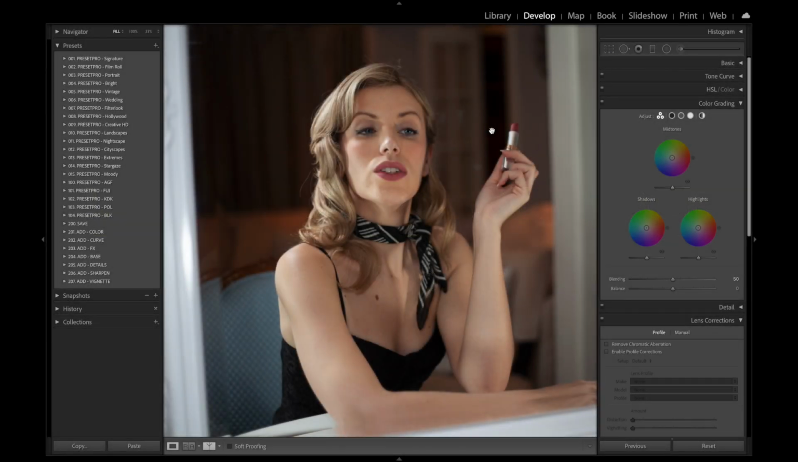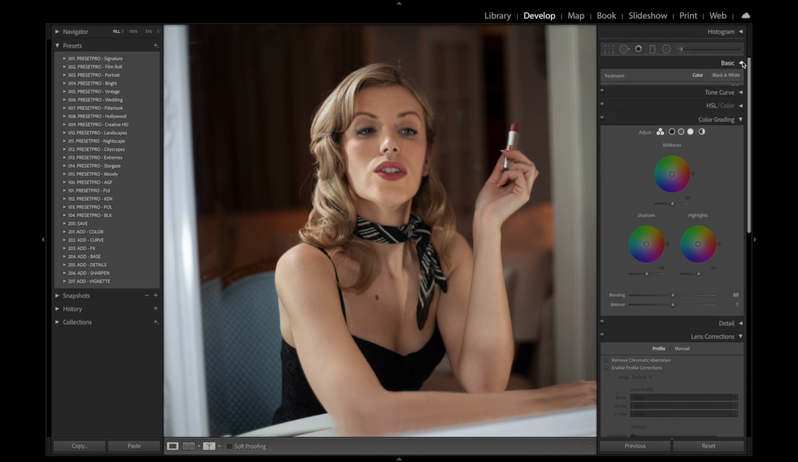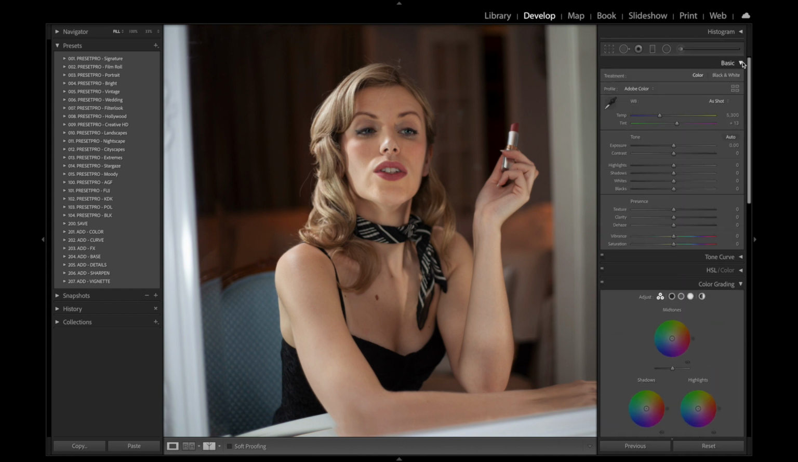Today we're going to take a look at the new color grading feature in Lightroom. So I'm going to go up here to a RAW file and take a look. ISO 100, 50mm f1.8. And I'm going to open up the basic panel. So we're going to go through this photo. I'm going to set it up to give it that cinematic look,